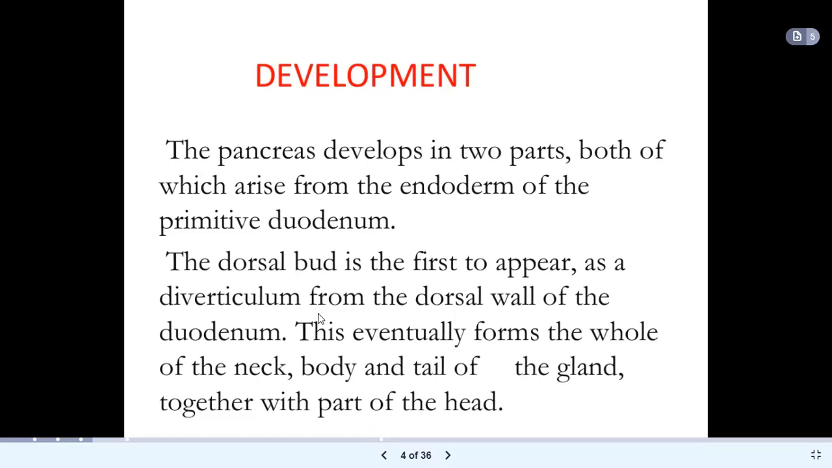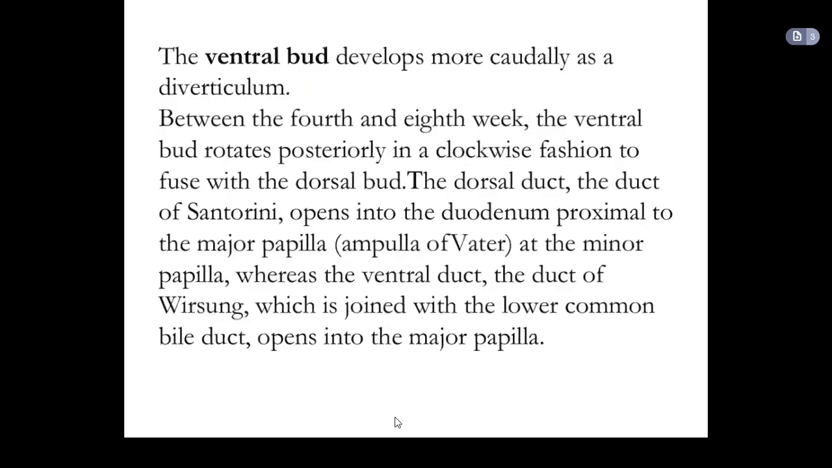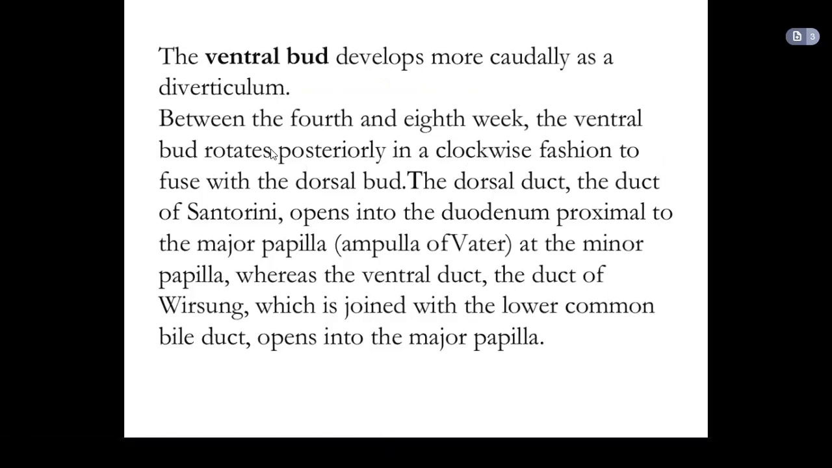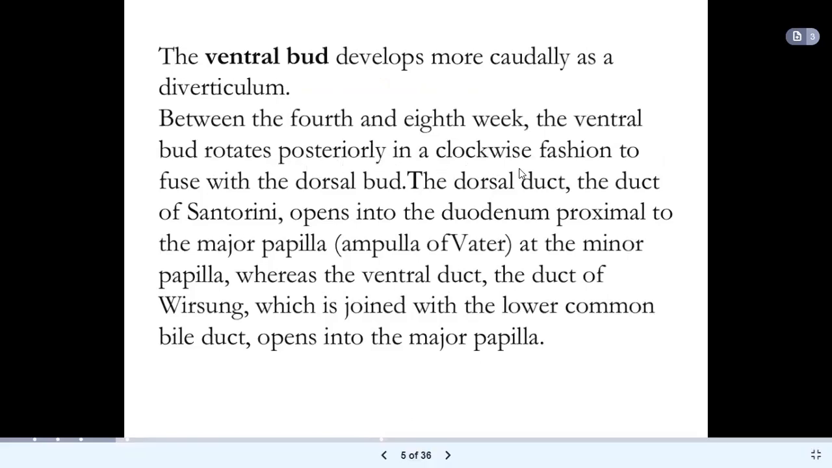So the dorsal pancreatic bud forms the whole of the neck, body and tail of the gland together with part of the head. The ventral bud develops more caudally as a diverticulum. Between the 4th and 8th week, the ventral bud rotates posteriorly in a clockwise fashion to fuse with the dorsal bud. The dorsal duct, the duct of Santorini, opens into the duodenum proximal to the major papilla, that is the ampulla of Vater, at the minor papilla,